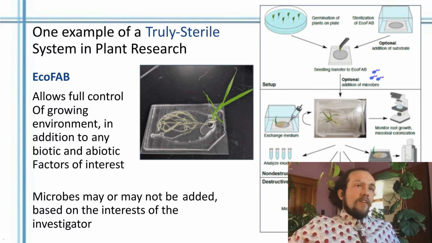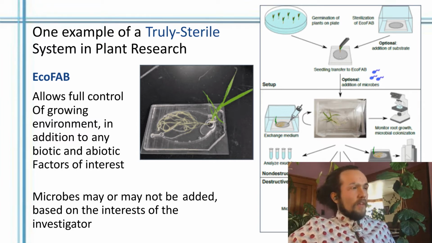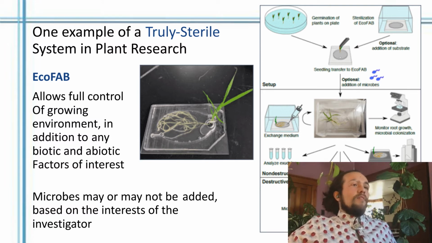This is a great way to study plants in a laboratory with strong efforts to control the plant's natural growing environment. So this is almost as close as you can get to a sterile system in plant growth while still having outside inputs from the environment, but the user gets to control them. And here's a flow chart of how one might set up one of these systems, starting plants in sterile tissue culture, transferring them to the EcoFab device, the optional addition of microbes, and then you would change the liquid medium as you see fit and monitor root growth and plant growth